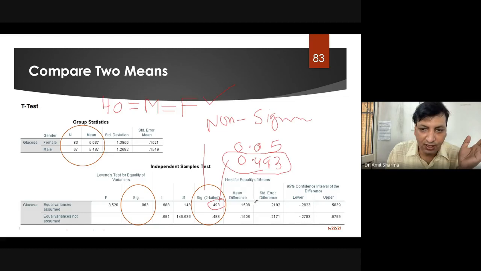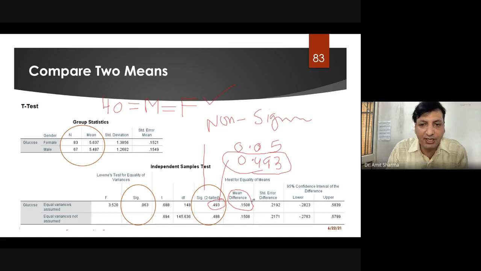How much difference is there? The mean difference value was found to be 0.15. The higher the value of mean difference, the more chance we have for the result to be significant. I repeat again, a higher mean difference means the test has a chance to be significant and we are able to reject the null hypothesis.